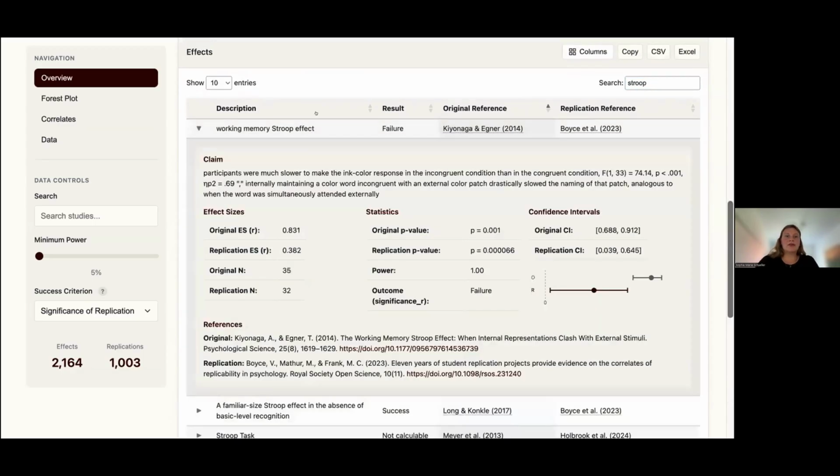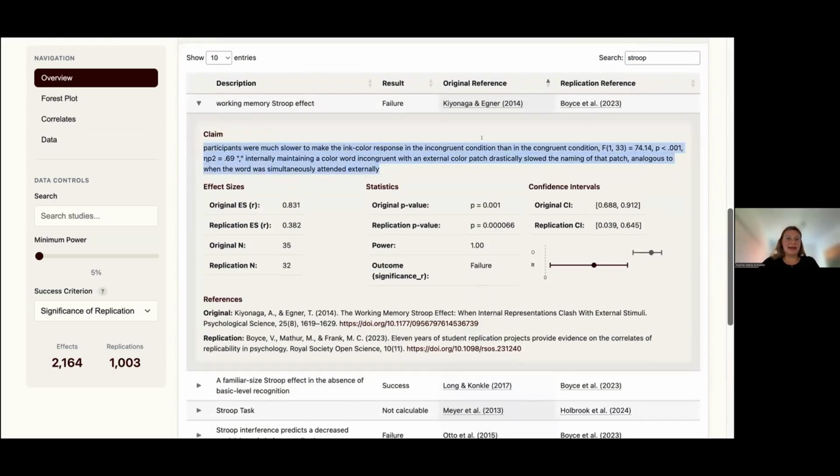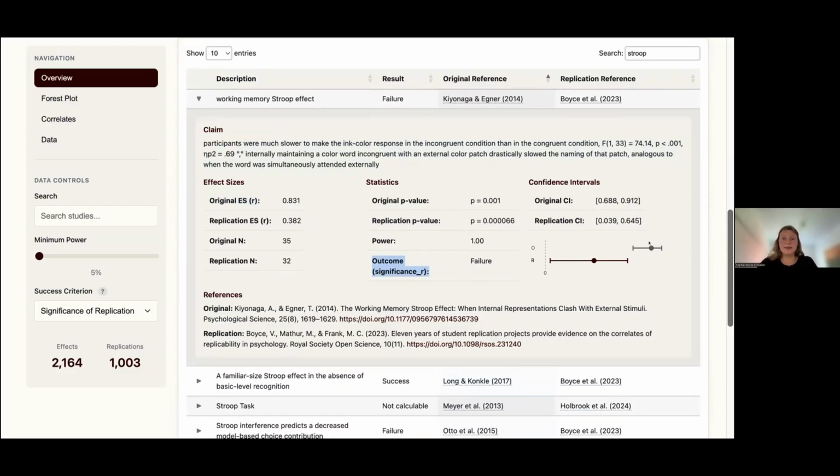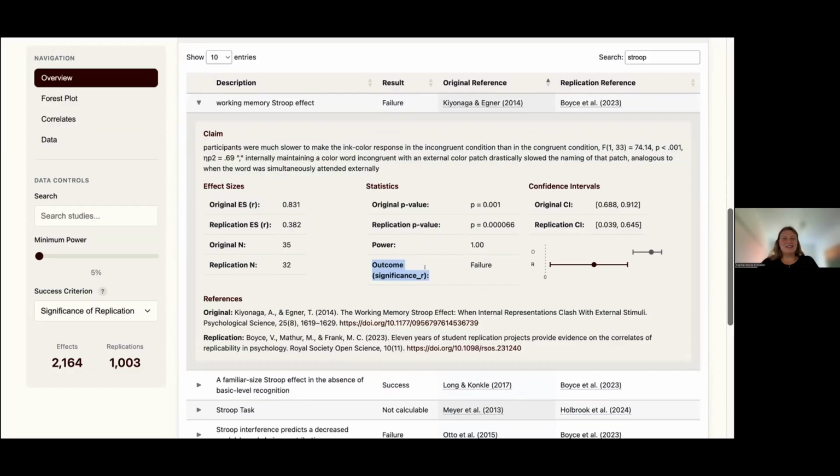And when we click on the first, we already have the description. Here you can see the claim with effect sizes. And then we have them excluded here for the original, for the replication, and both sample sizes. And then we have the p-values, the power, and the outcome, which here is the failure, as we can already see by the confidence intervals here. And significance already gives us a hint